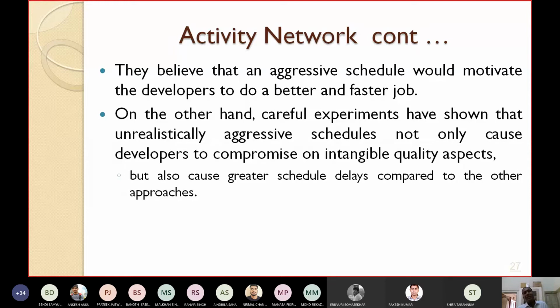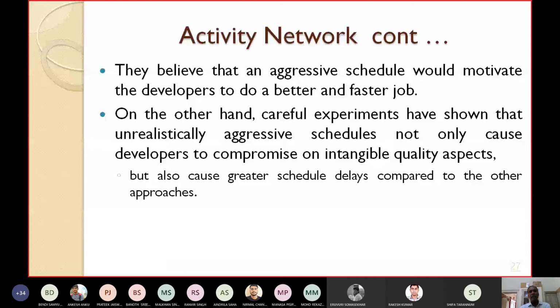You might have tried saying that I will finish this 3 months job within 2 months, according to the schedule you have prepared, but actually when you do it, it may take 4 months, because you are putting on pressure, and the employees make several mistakes, and by the time of correction it will exceed the 3 months and may take 4 months. So don't try to put an aggressive schedule, don't pressurize your employees to follow a very aggressive or tight schedule.